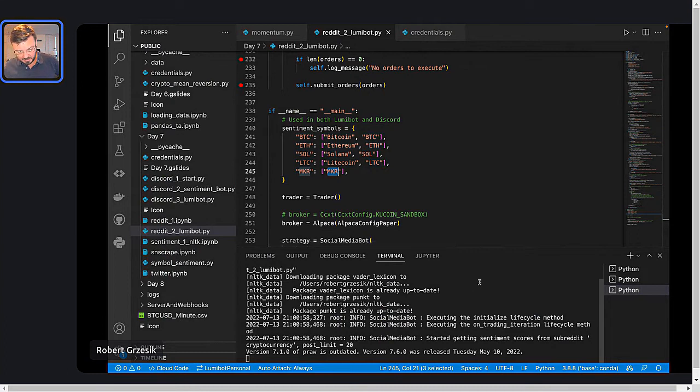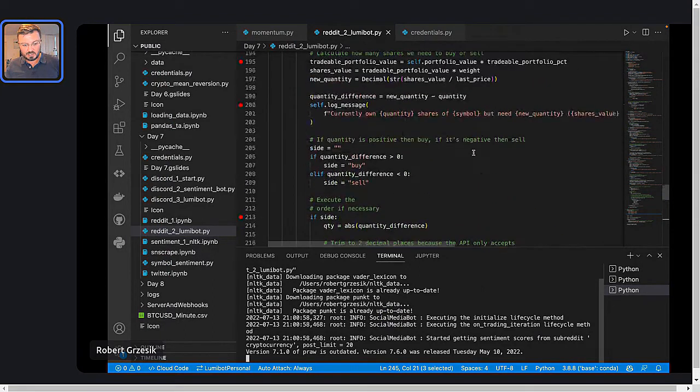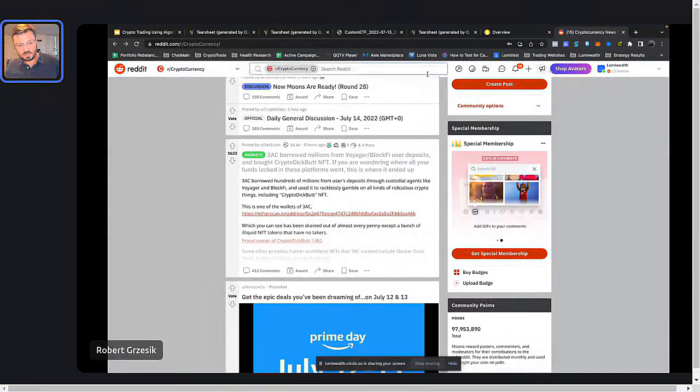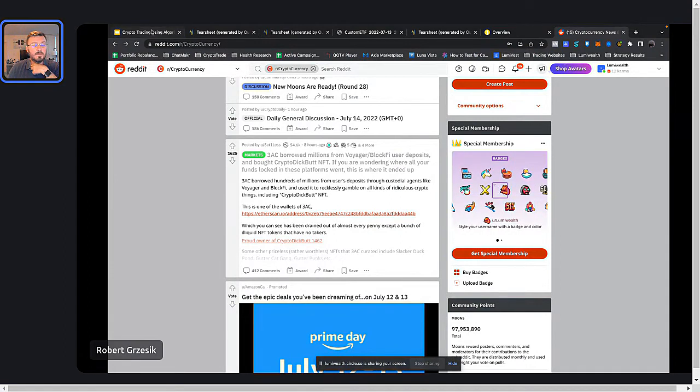And I'm going to let this thing keep running. It does take a little bit of time sometimes because it is downloading quite a bit of information. So I'm just going to let that run, and you'll see it starts to trade in a bit. But that's another thing that you could do with these types of bots, these social type bots or text or machine learning reading type bots.